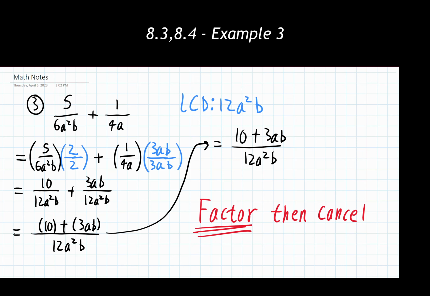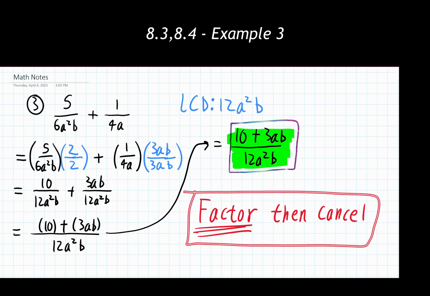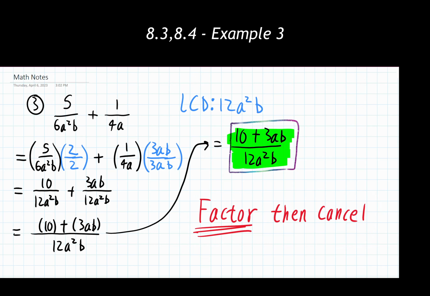If you cannot factor anything, which is the instance we have here, then you cannot cancel anything. And this leaves us with maybe a slightly disappointing answer in the fact of, well, I can't cancel anything. I can't make it a little bit simpler. Yeah, that's just kind of how it is. But that's fine. So because I can't factor anything, my final answer is going to therefore be 10 plus 3ab, all divided by 12a squared b. And again, it comes back to this rule. We have to factor first and then cancel. We can never pick and choose what to cancel from the numerator and the denominator without factoring first.